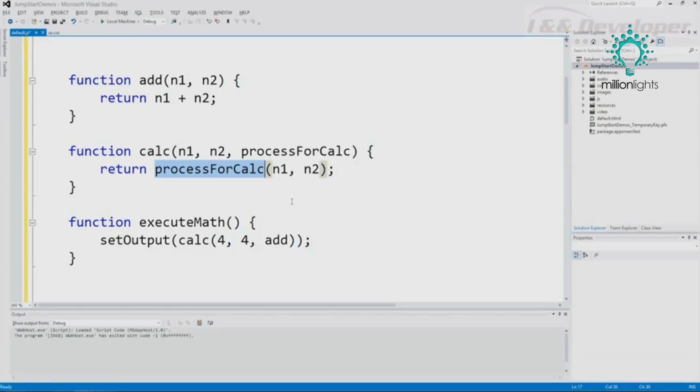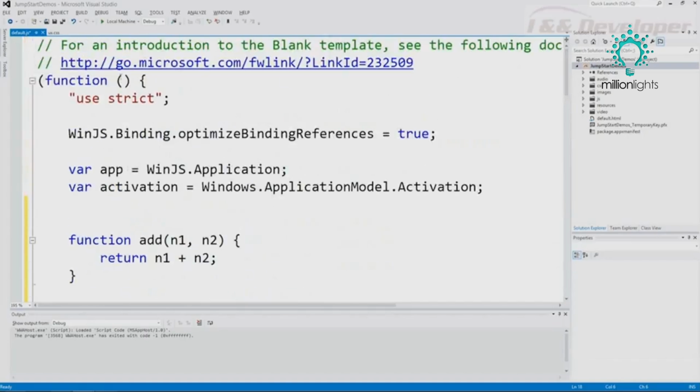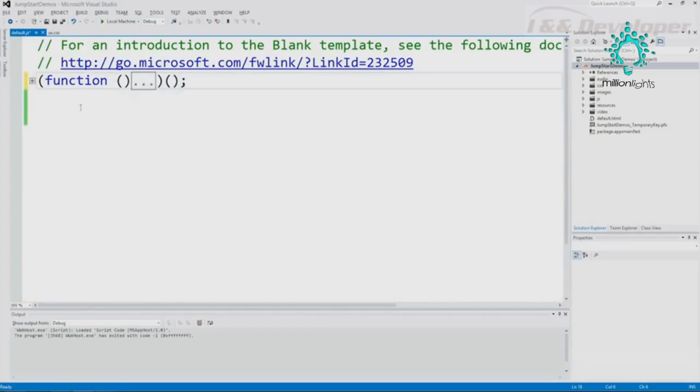So again, for people who've been doing certain types of languages, whether it's function pointers or delegates in C#, this is just a way for us to say, I want to pass the functionality in for those particular calls. So, a little syntax there, hopefully to help the developer community out there see some of the powerful features of JavaScript. I'm going to collapse that whole line again